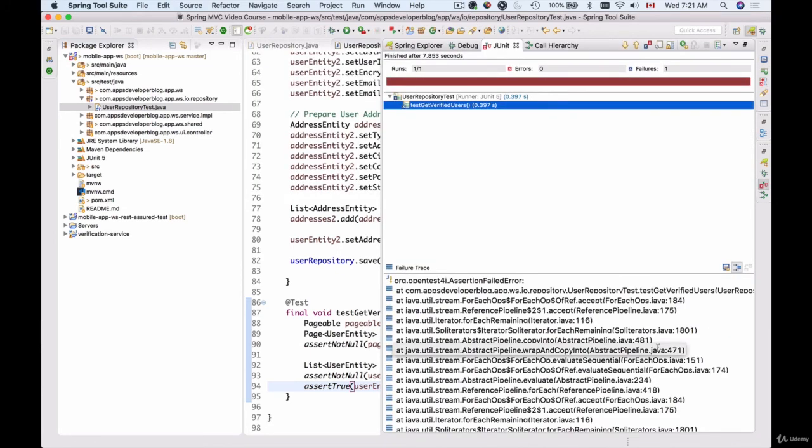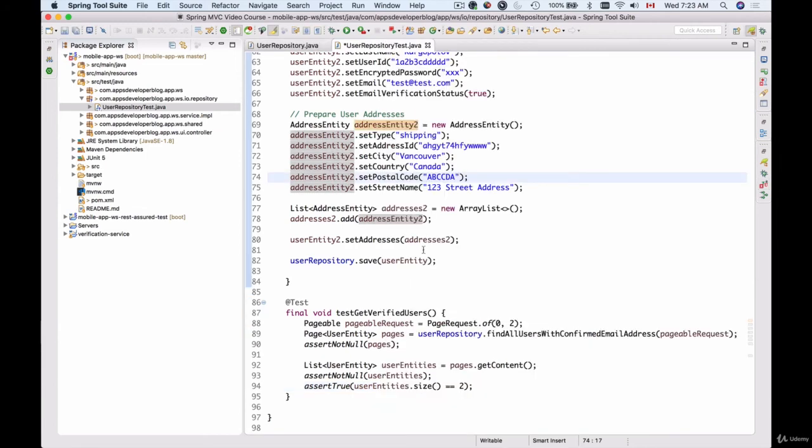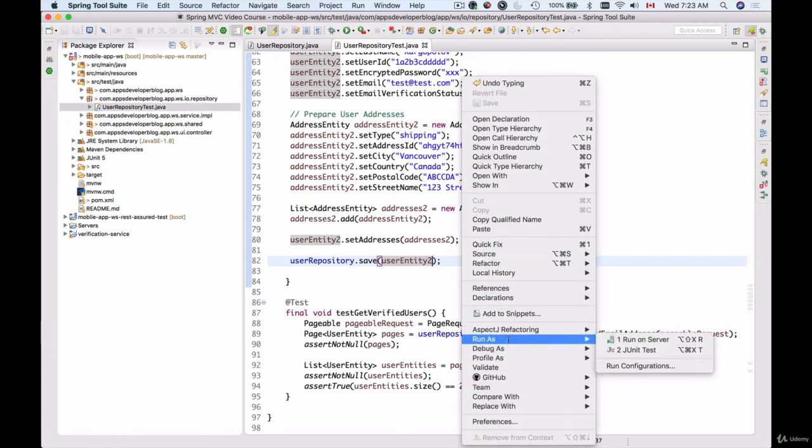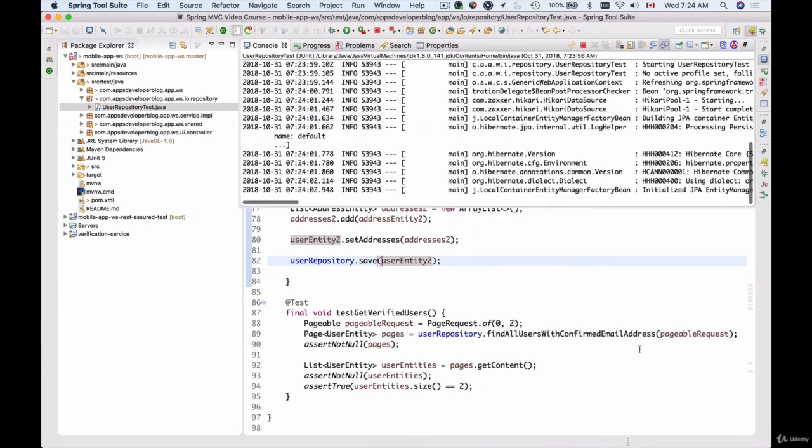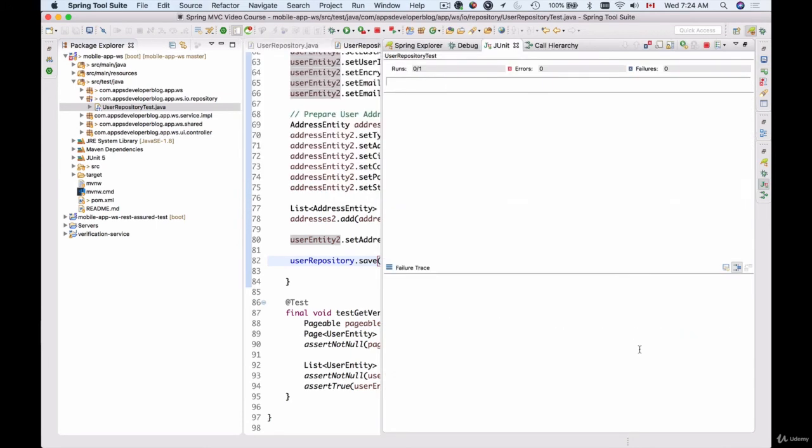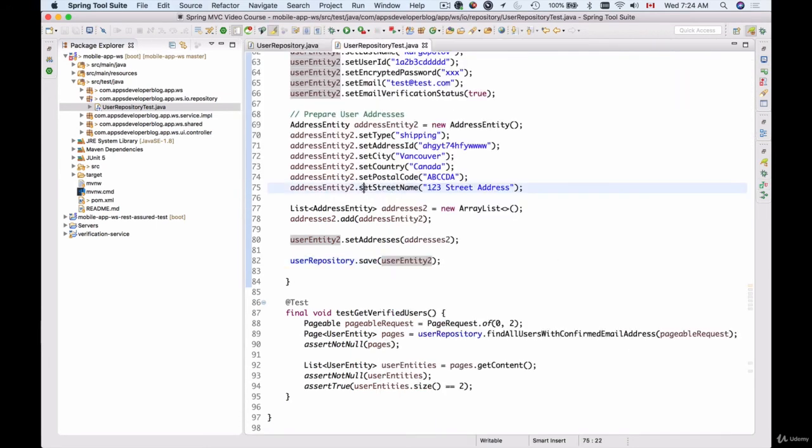It has failed. Let's look up why it has failed. And this is because when we save here on this line, we save user entity instead of user entity 2. So I will save user entity 2 and I will run this code one more time. Okay, so the bar is green, it works. Now we know that there are 2 records in the database, and we create a pagination request for exactly 2 records. Now let's try pagination and request only 1 record per page. So now we should get a 1 page with only 1 record on it,